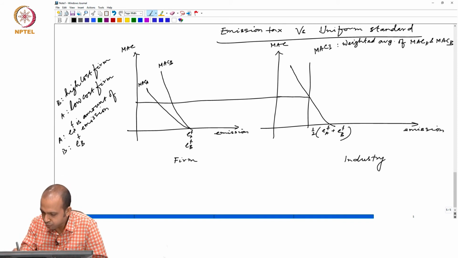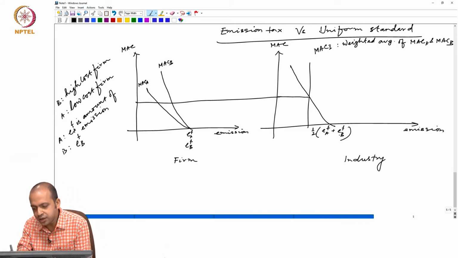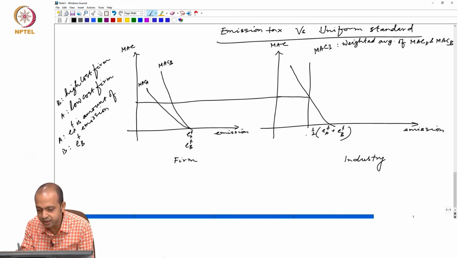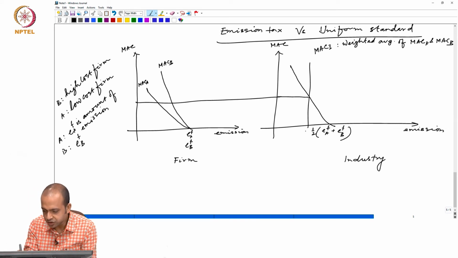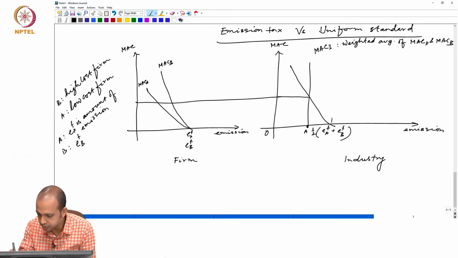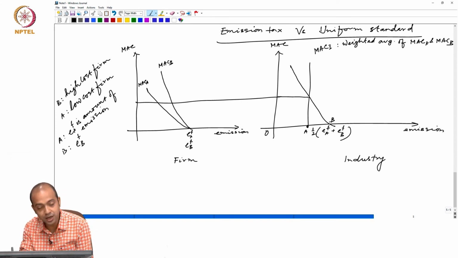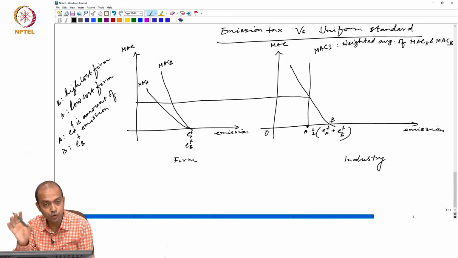So, this is the amount the regulator wants to reduce: half of EFA and half of EFB is the total amount of pollution that the regulator wants to reduce. Okay. All right. So, this is the amount, OA. Let us say this is O, let us say this is A, and this is B. So, half of EFA and half of EFB is the total amount of pollution reduction for both the firms at